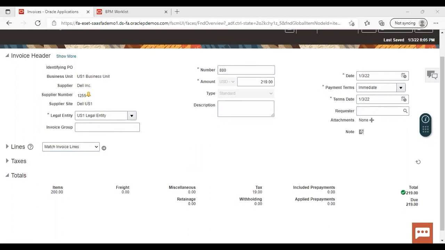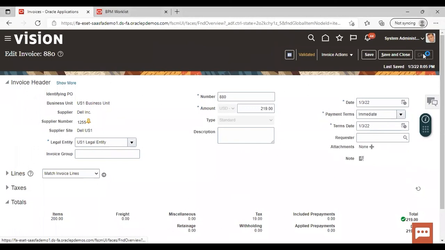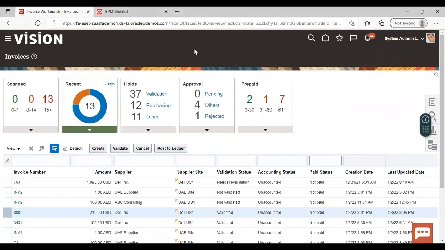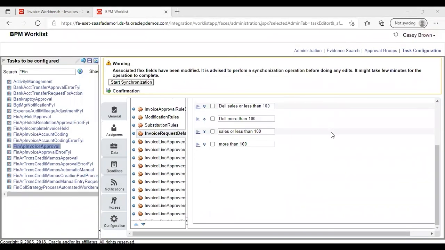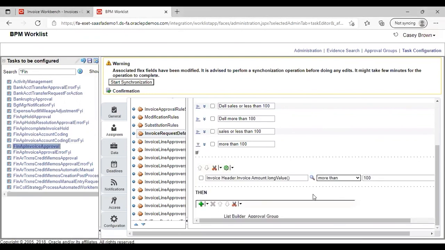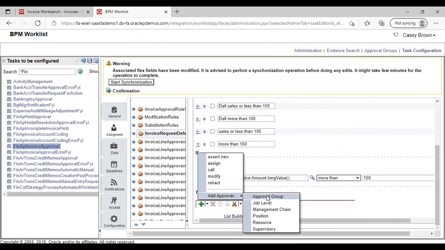So this is how approval rules work in the application. Now there are some points you must notice while we are creating a rule. So what we were doing, we were giving the name here, a rule name, and then we were expanding it, and we were giving if invoice amount is more than 100, then we select here add approval group which we have created. And if you want to assign this to a supervisor, you can just click on the supervisor,